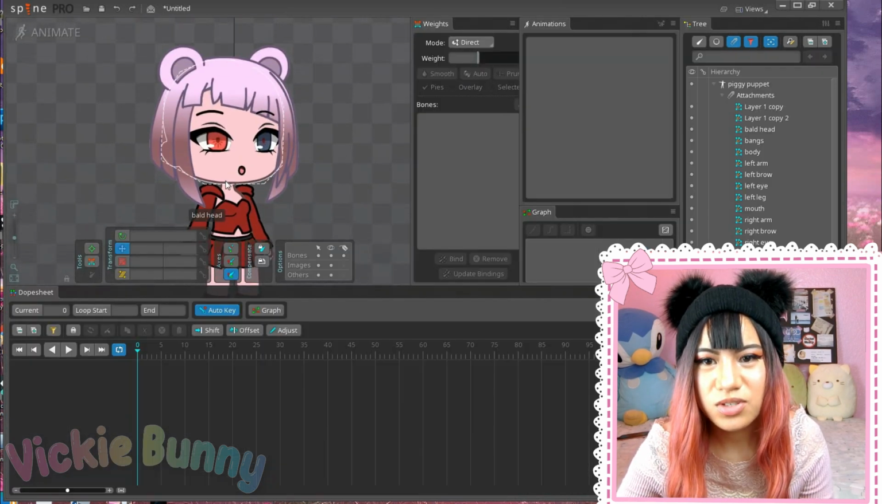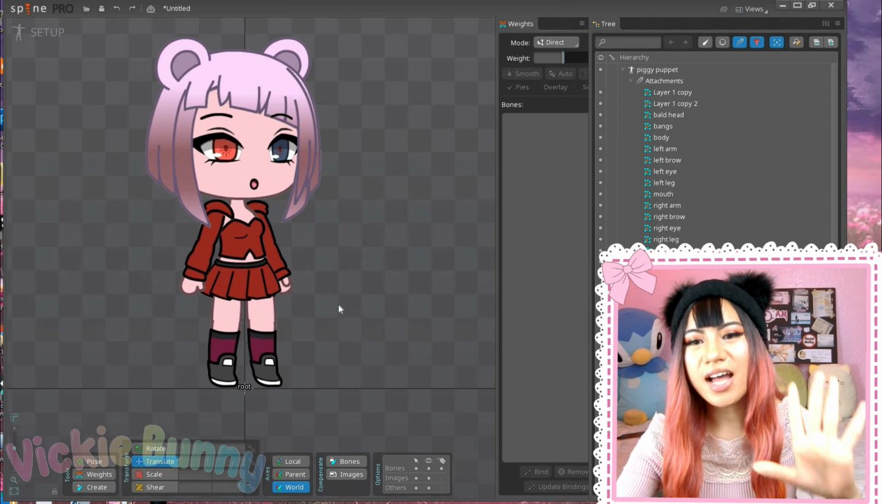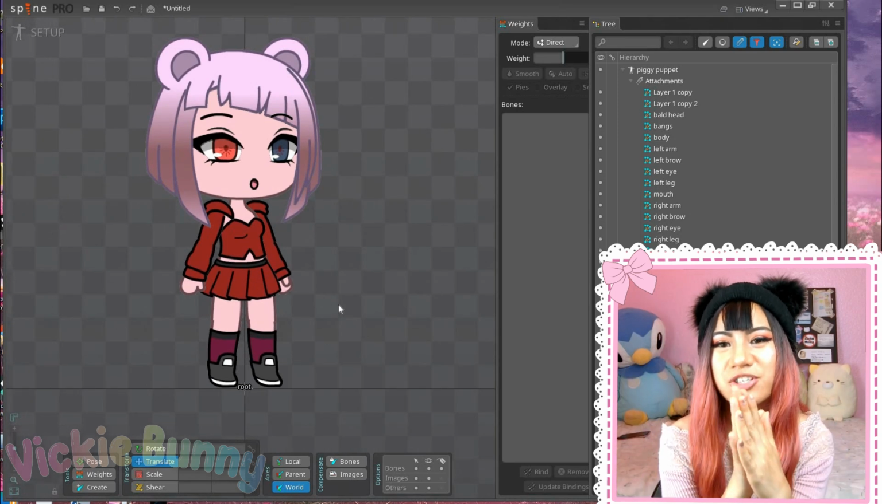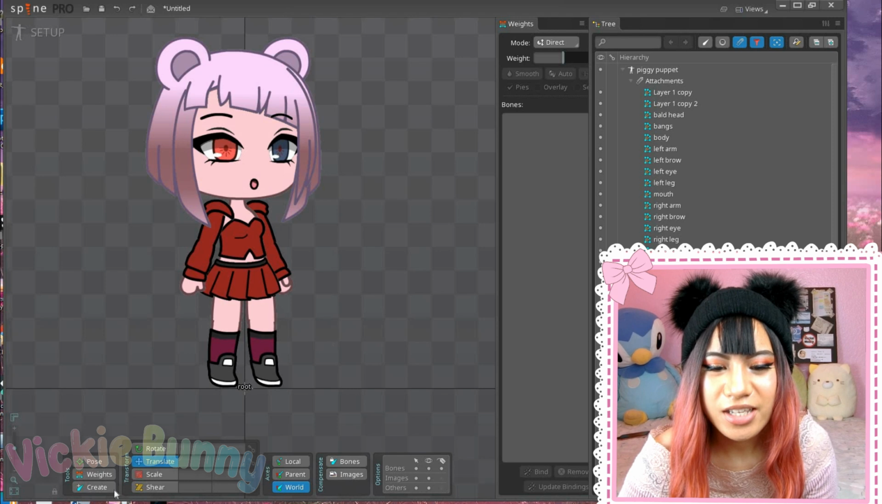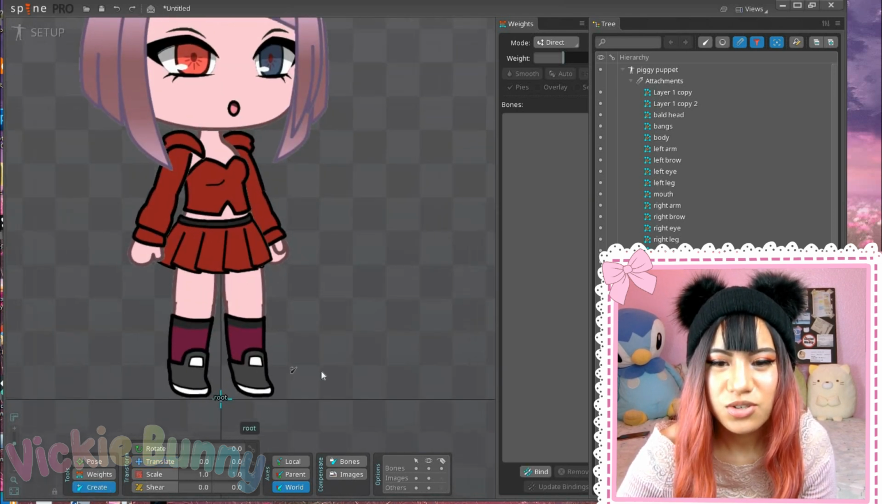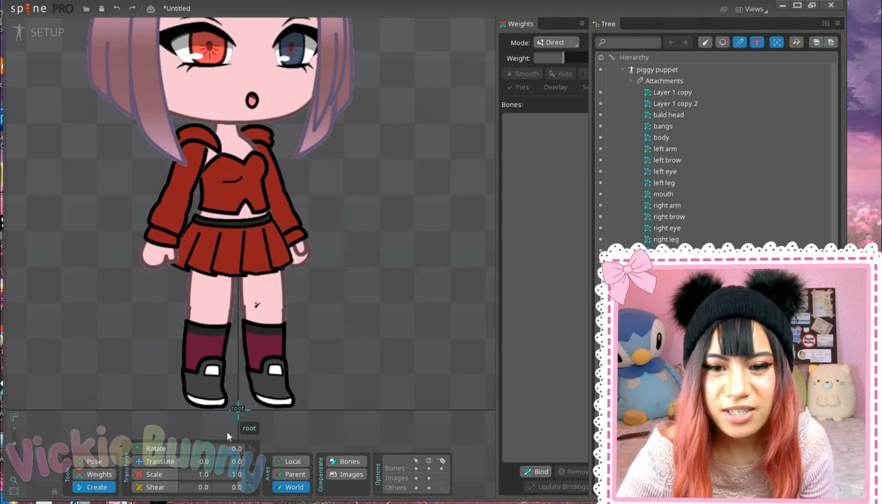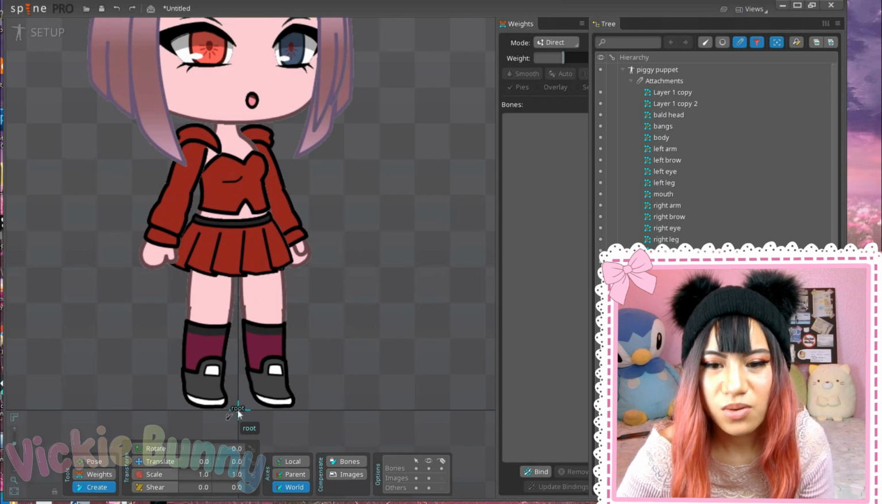Now we're going to go to setup. So now we got the rig, and we meshed all of the parts that we did. What I like to do next is create the bones. So I create the bones right here, guys, from here. So there